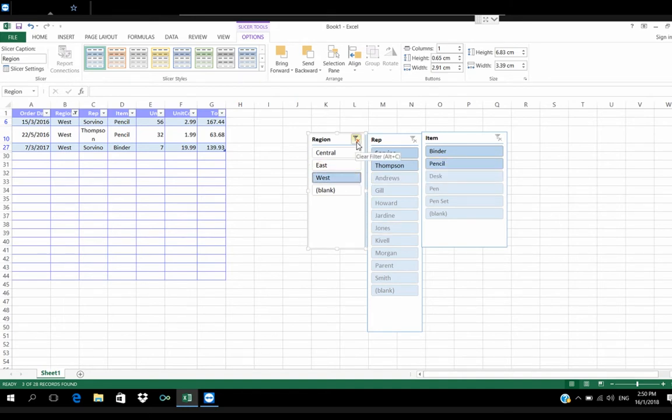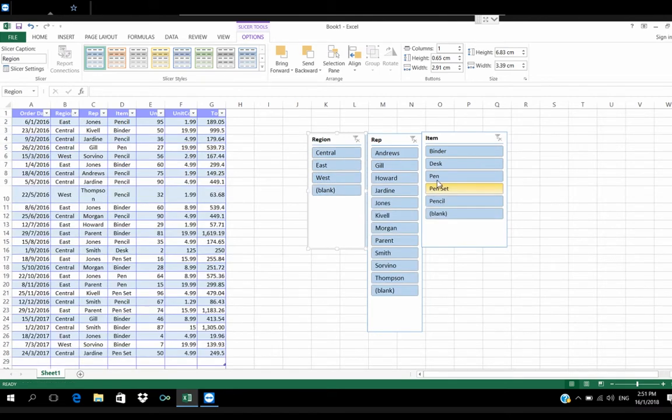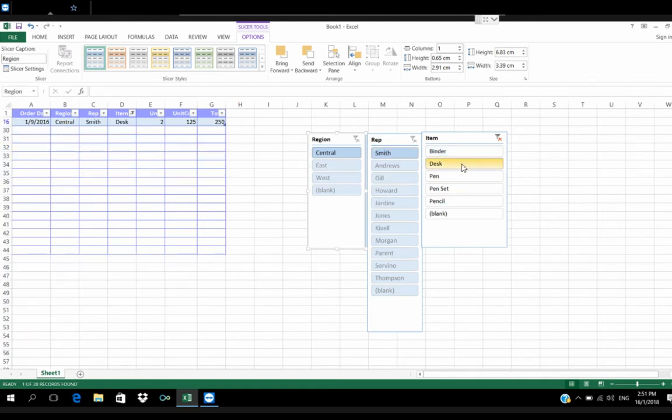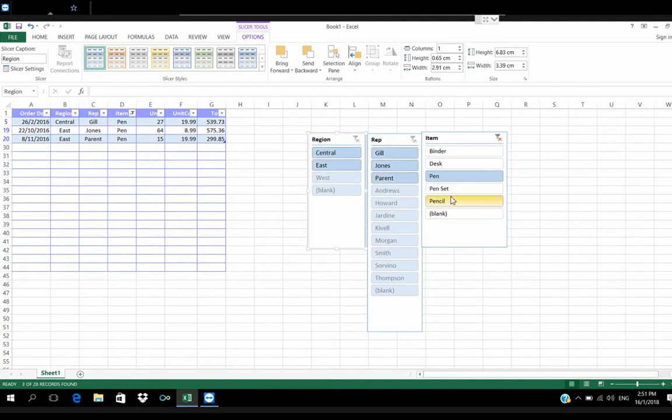Okay, let's clear the region filter and we can select Binder. You can see Binder is sold by only 1 person, who is from Center. Pen is sold in both regions and only 3 people are selling it.